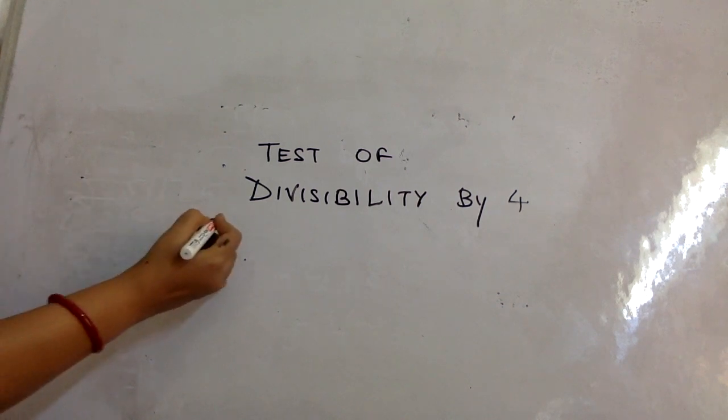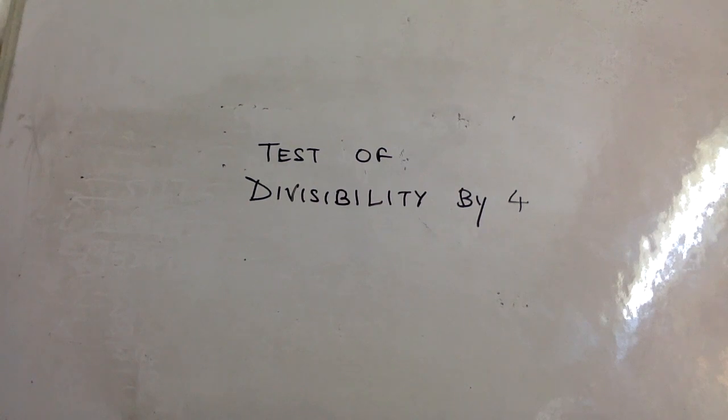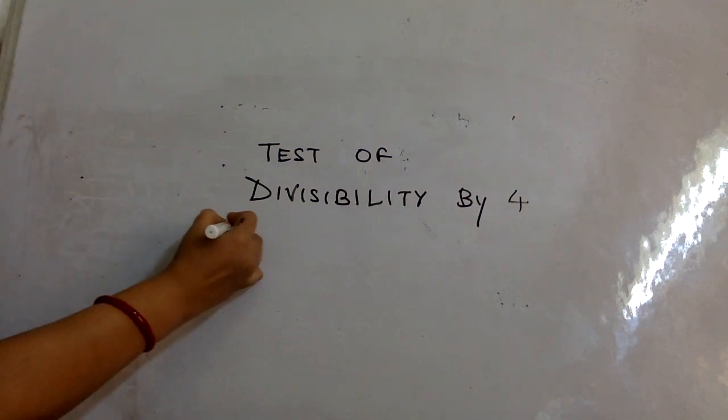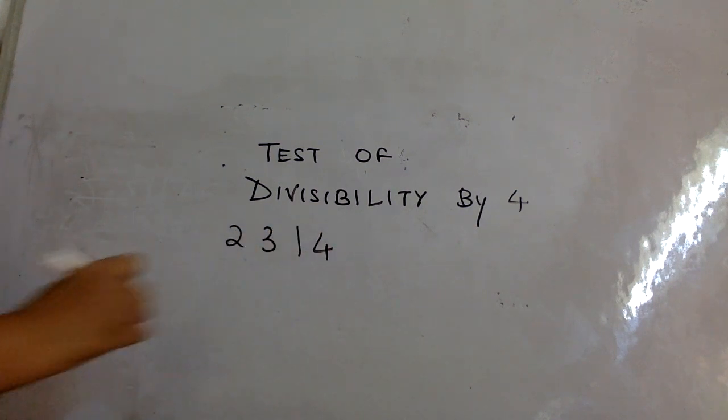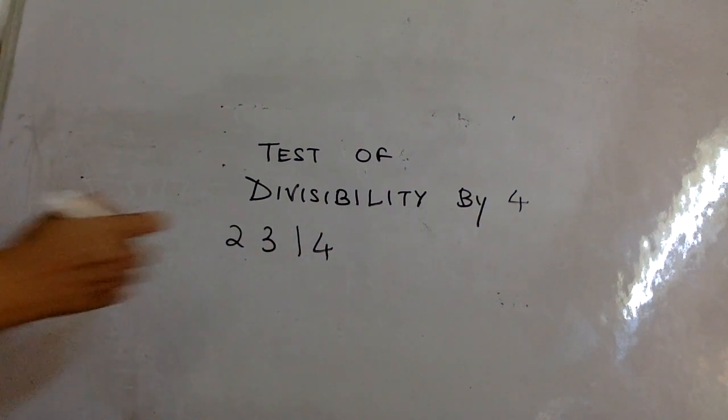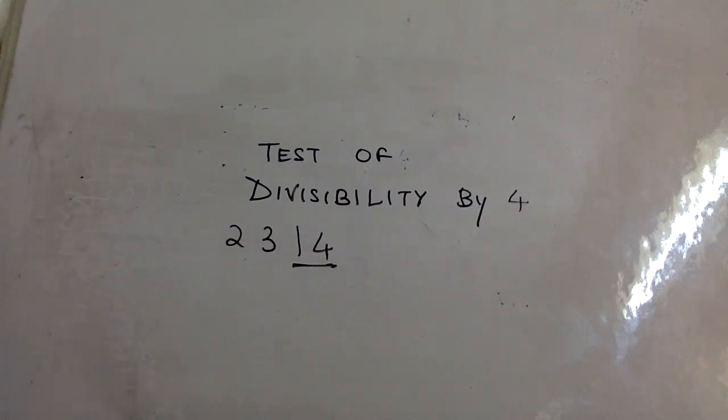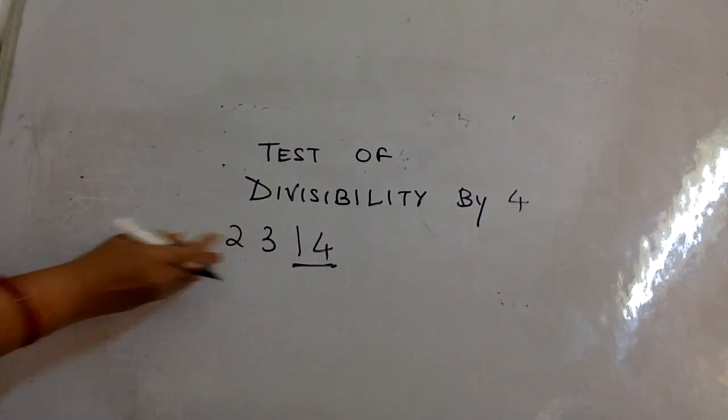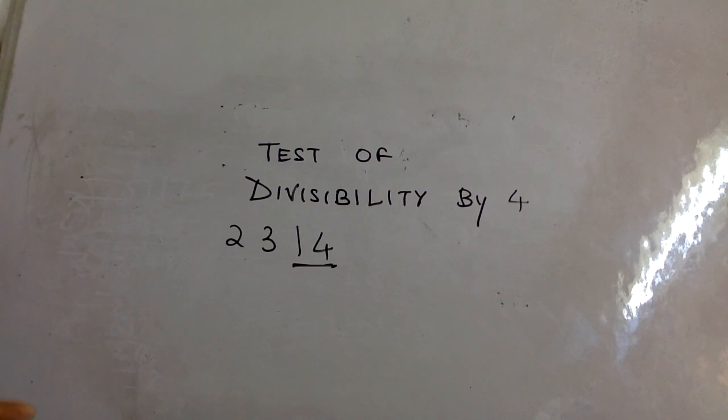write the number. Let's take for 4, we'll take 23590. 2314. In the test of divisibility by 4, we have to check only this part, the last 2 digits. Okay, the length of the number, how many digits are there in the number, nothing matters, only the last 2 digits matter. So here if it is a 14, then the number 14 is not divisible by